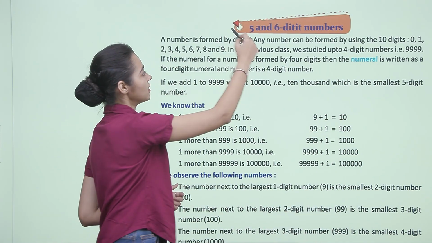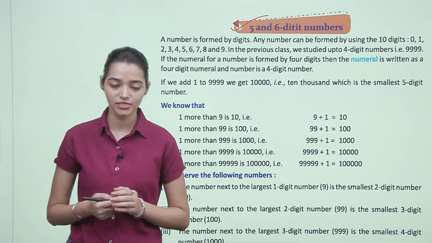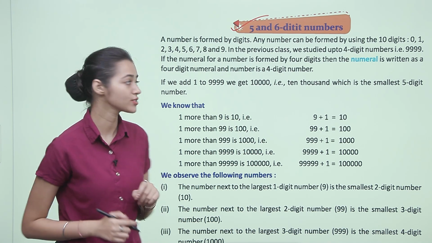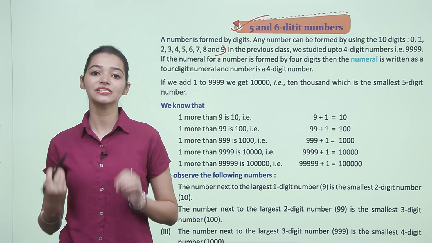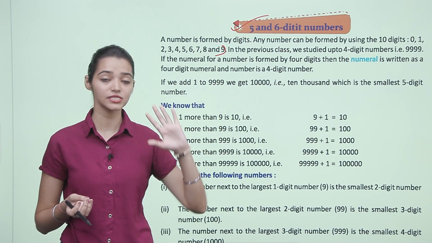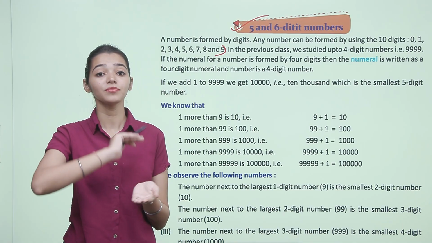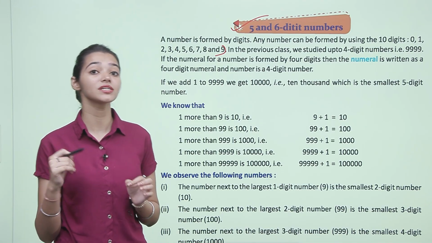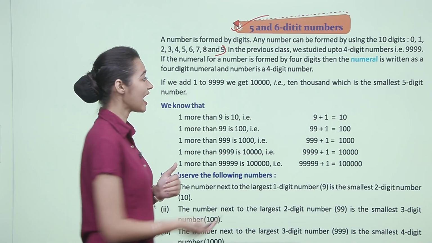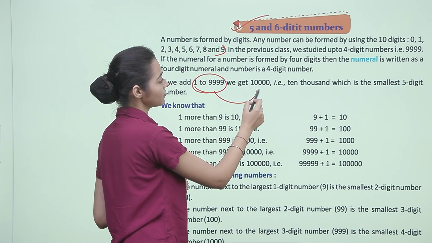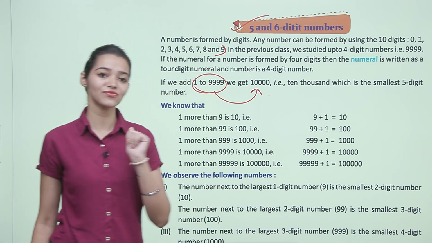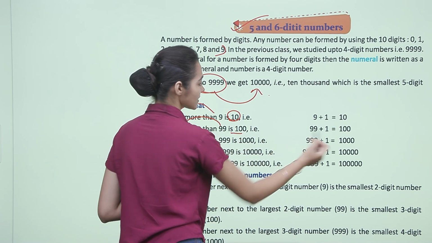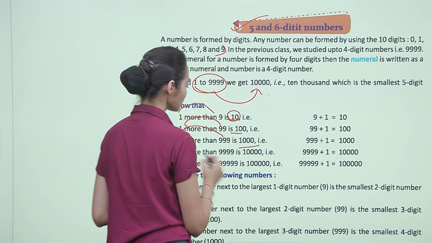Now let's start with 5 and 6 digit numbers. Any number can be formed by using the 10 digits, from 0 to 9. In the previous classes we have studied up to the 4 digit number, that is 9999. If a numeral is formed by 4 digits, it is called a 4 digit numeral and the number is a 4 digit number. If we add 1 to 9999, we get 10,000, which is the smallest 5 digit number. We know that 9 plus 1 is 10, 99 plus 1 is 100, 999 plus 1 is 1000,